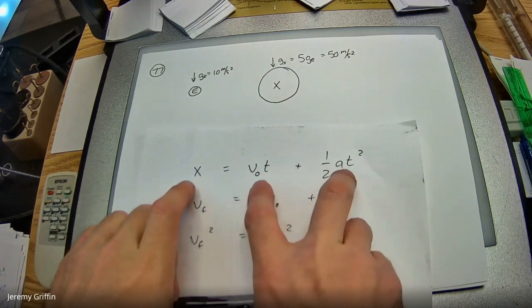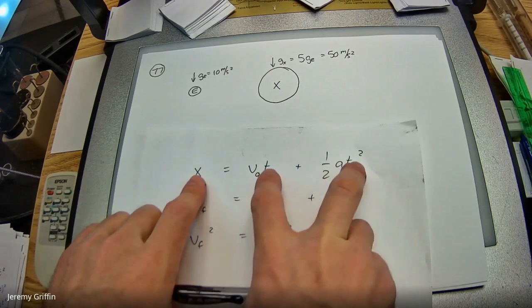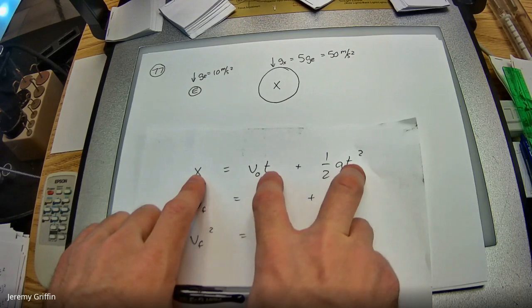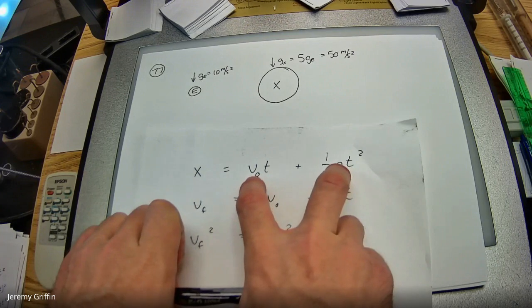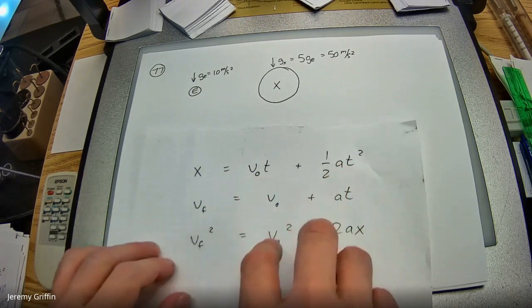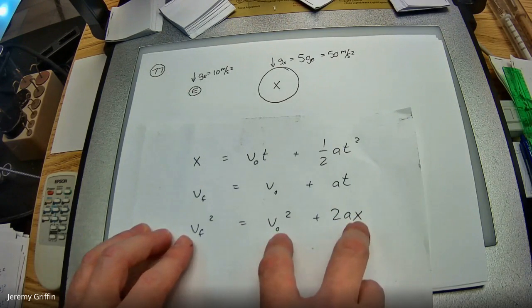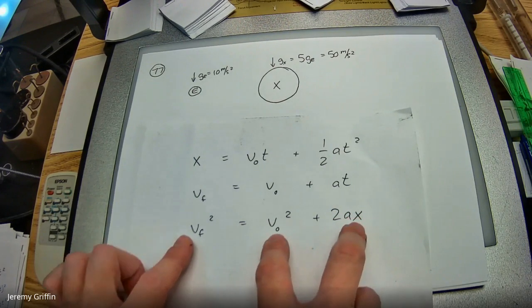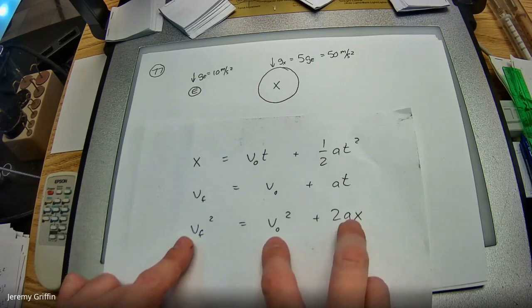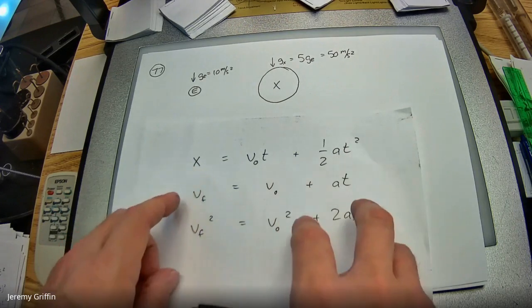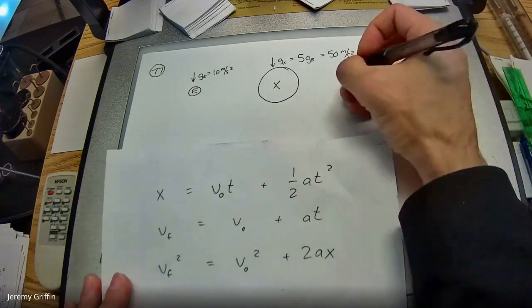Now, here's the thing with the first one: you want to know how high it goes, but they didn't mention how much time. So it's sort of 2 unknowns. Maybe you know something about the gravity and something about the initial speed. What I'm looking at is this very last one. This last one, you can get it without knowing the time of motion, because otherwise you need that middle step. So maybe you could do it that way, with a system of equations, but that's a really long way. This third way, here, if I make a little checklist.